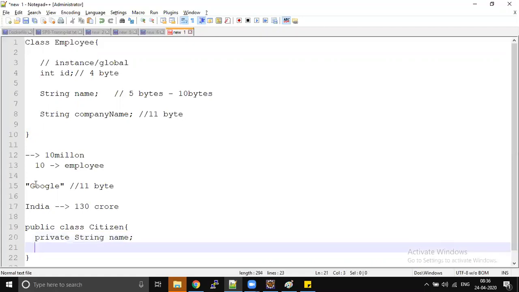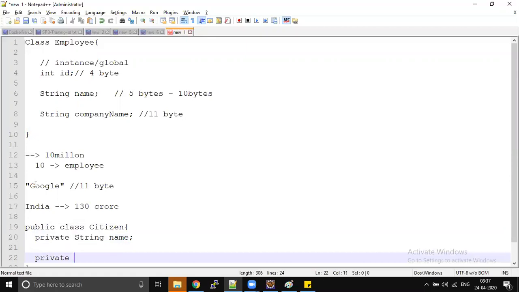But if you make a small mistake, like private string country name, what is the problem? The country name India is 5 bytes, so 130 crore into 5 bytes of memory is going to be wasted, right?